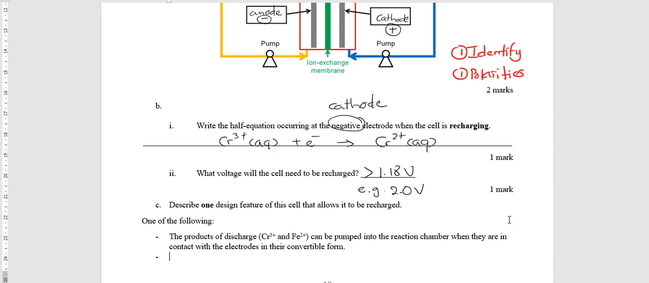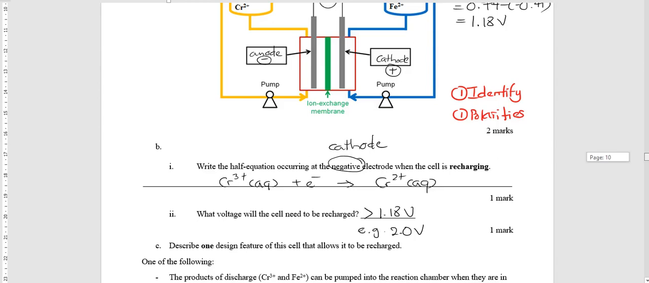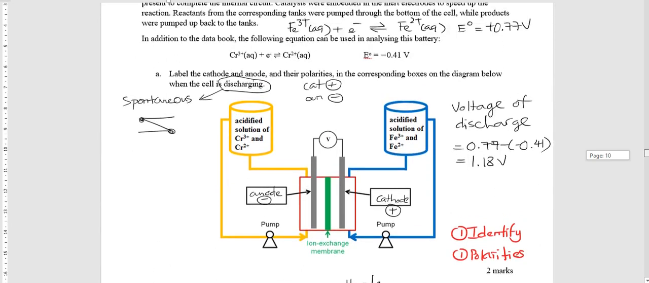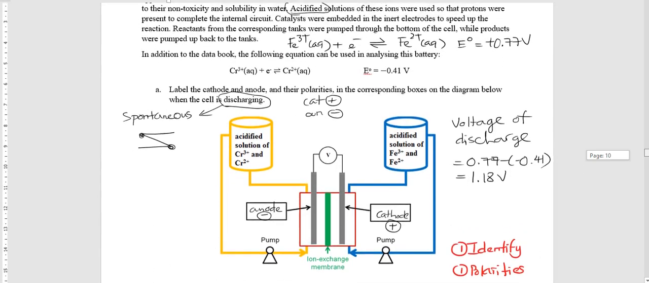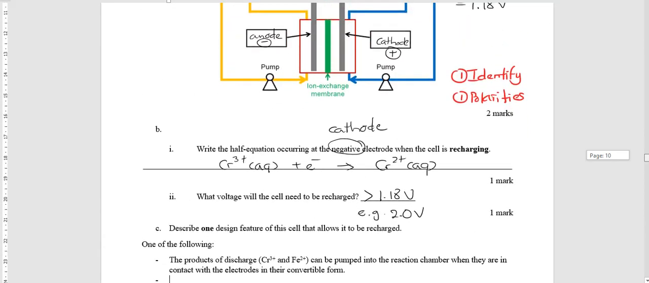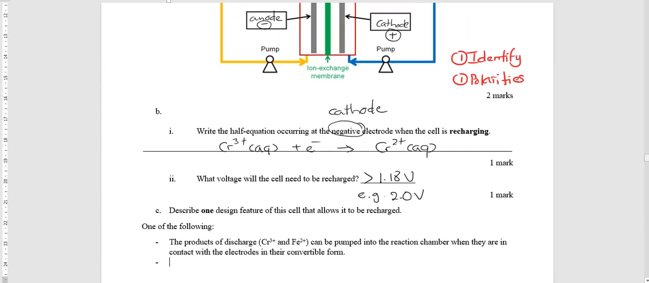Now, because you only need one feature, another thing that you can say that allows the cell to be recharged, so you definitely need the products to be there, and you also need the ions to be able to flow to the cathode, so it actually completes the internal circuit. So one possible answer, and this is just to allow the cell to operate in general, is that there is the ion exchange membrane